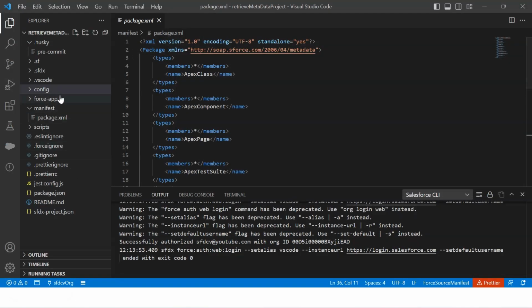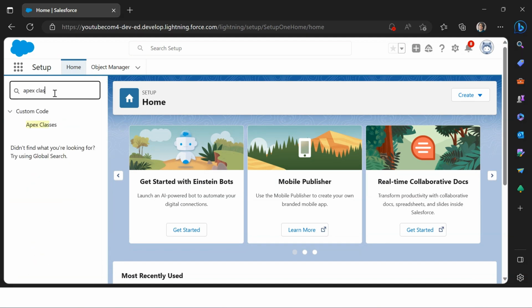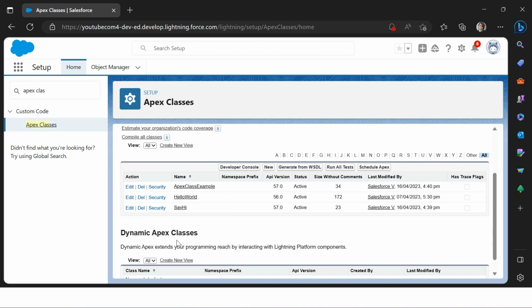In the manifest project that we have created, we have the manifest folder wherein we have the package.xml. If I go back to my org and see what Apex classes have been created in this org, you will be able to see these. There are 3 Apex classes. Let's try to get this one